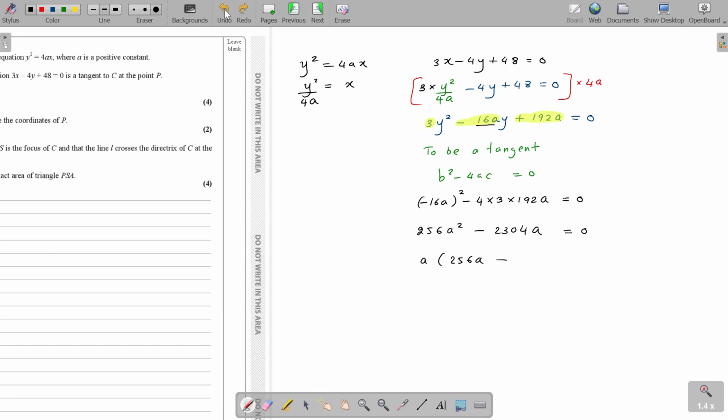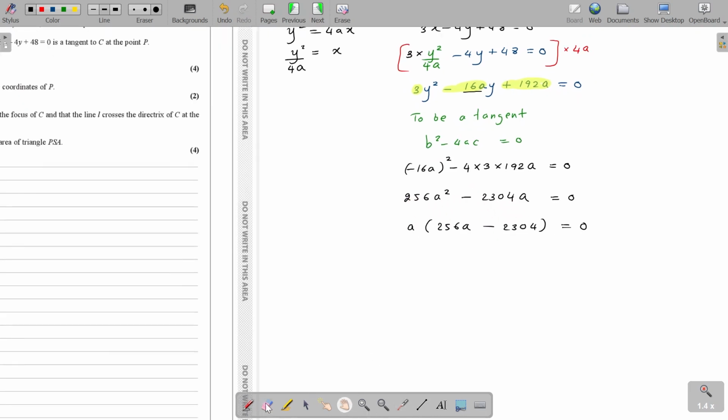You could simplify, you could take more out, like there are more in common that we could take out, but I did not bother to here. So I get a is 0 or 256a minus 2304 is 0. So a is 2304 divided by 256, which is